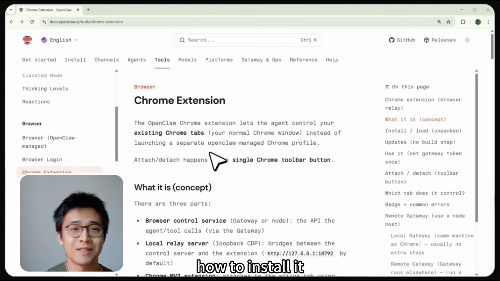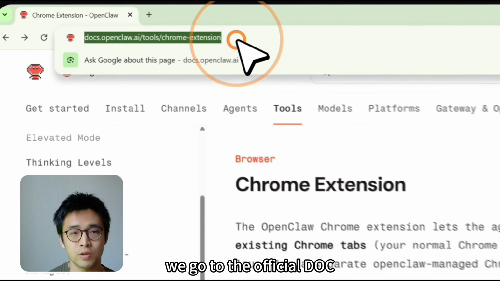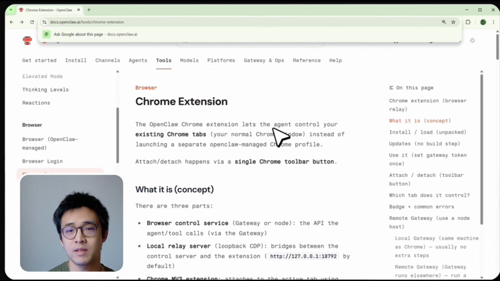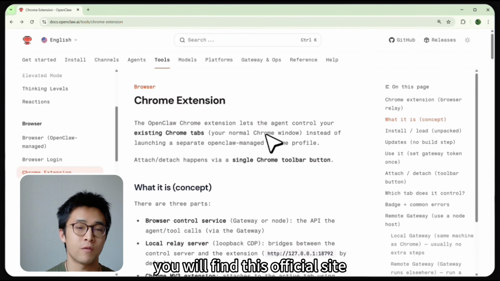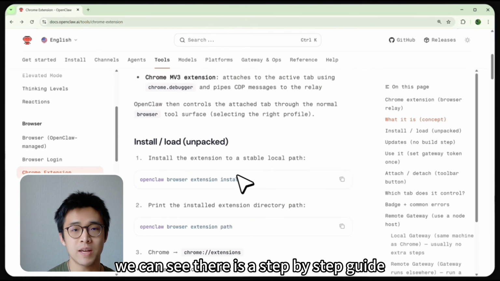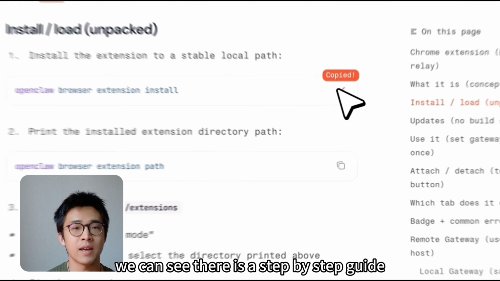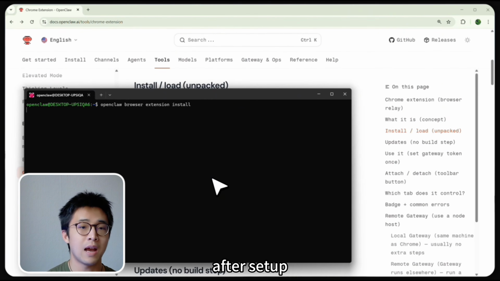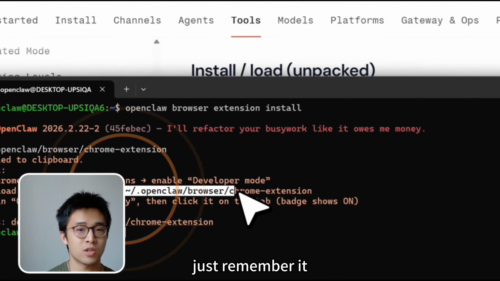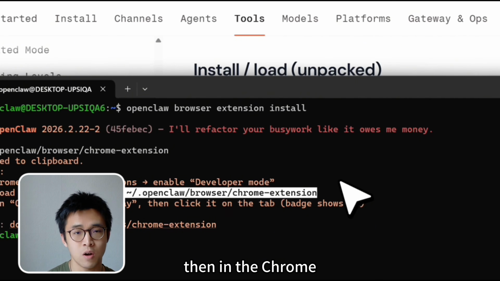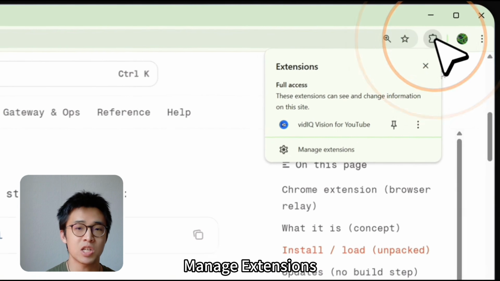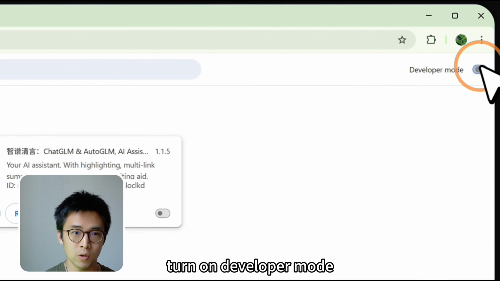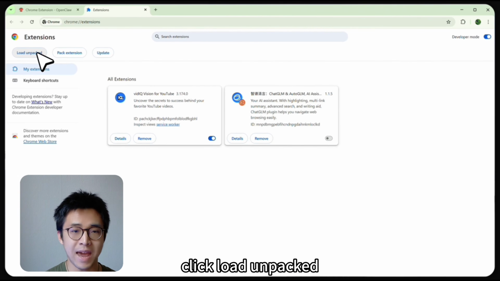How to install it? First of all, we go to the official doc. Just search OpenClaw Chrome extension in Google search. You will find this official site. Scroll down, we can see there is a step-by-step guide. Just copy the first command, paste it into the terminal, run it. After setup, it gives you a folder path. Just remember it. Then in Chrome, click Extensions, Manage Extensions, turn on Developer Mode, click Load Unpacked, and choose